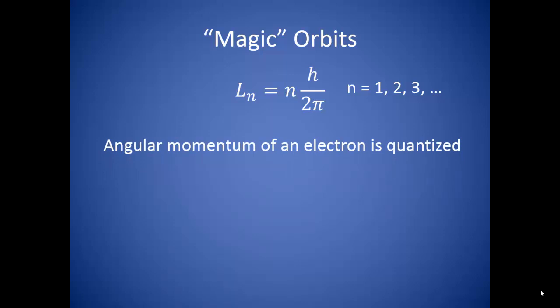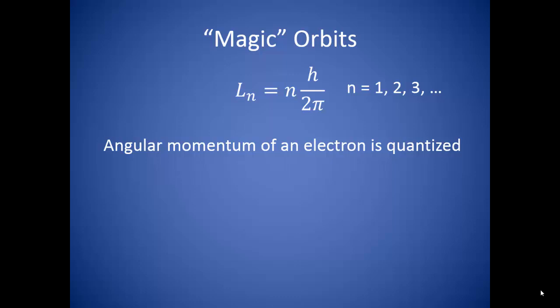So Bohr's assumptions here are pretty big ones. He was good with the idea that electrons are in orbit around the nucleus, but only specific orbits. The electrons can't just be anywhere around the nucleus. The angular momentum of the orbit must be equal to nh divided by 2 pi. The electrons contained in these orbits would not decay in a flash of light.